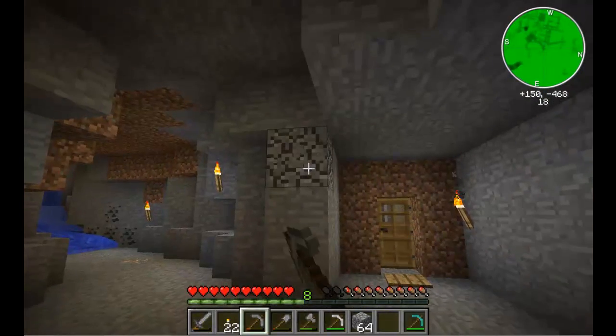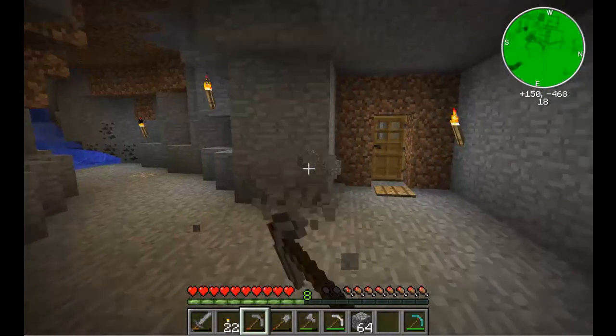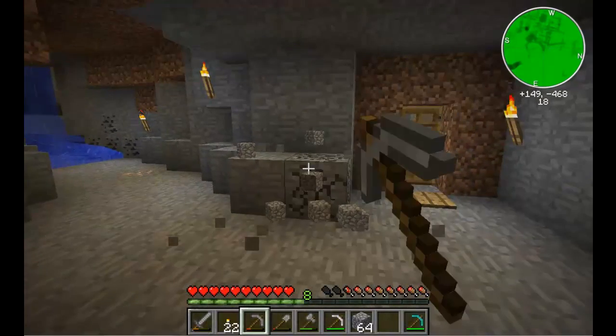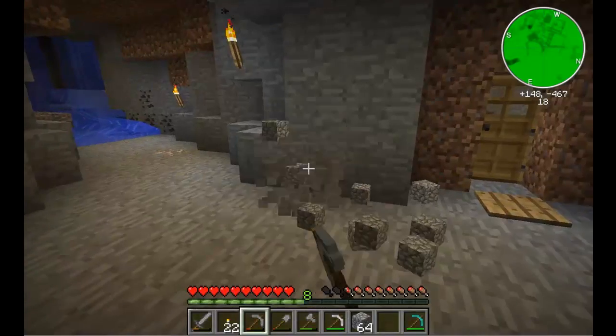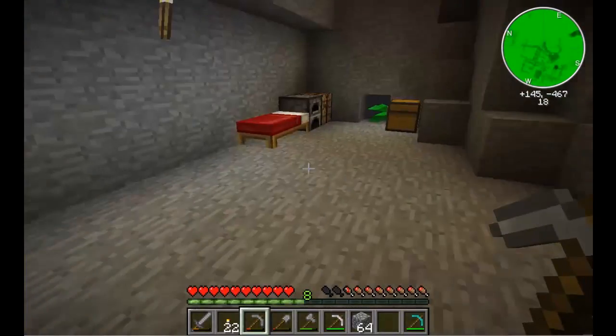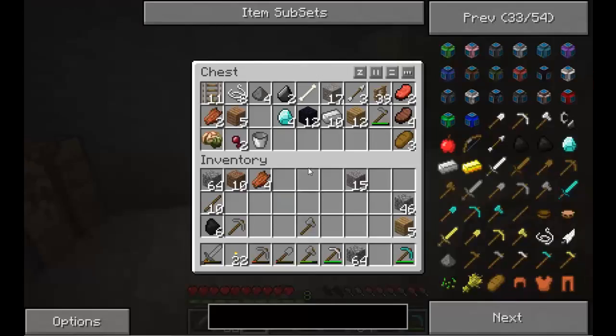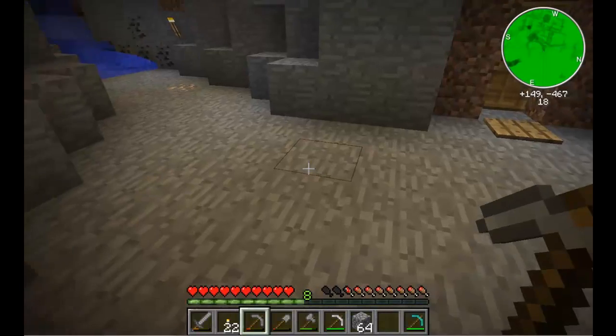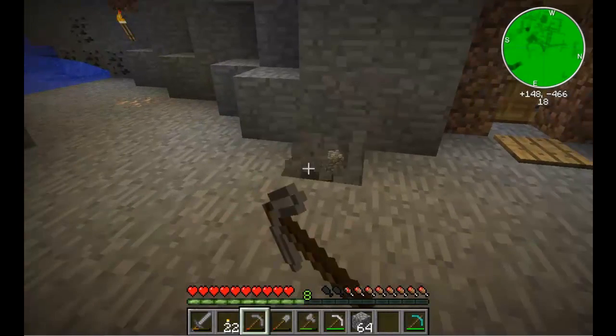Right, as we've got a nice little home, and I do believe we did find some melon and pumpkin seeds, didn't we? I think we did. In a chest? Or did I? Maybe I'm remembering a video. If it is, then I haven't got melon and pumpkin seeds. You do find them in chests in mine shafts. But on the off chance we do find some, what we'll do